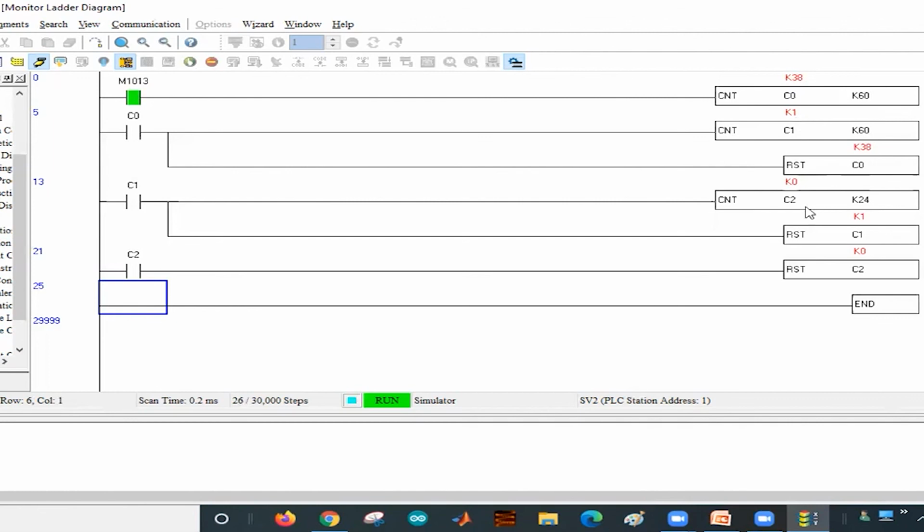If you want this C2 counter to be incremented by 1, you have to wait for 1 hour. It is not possible to wait for 1 hour now, so you just understand the program. Now 55, 56, 57, 58, 59, 60, 0. It will be incremented to 2. Okay, this is how you can implement the 24-hour digital clock using your PLC.